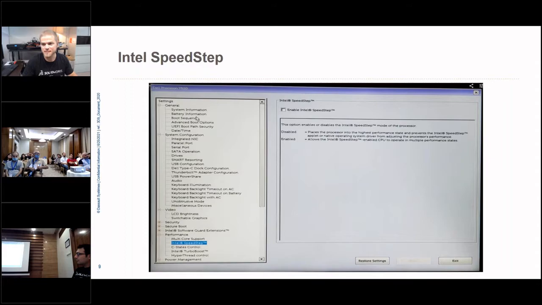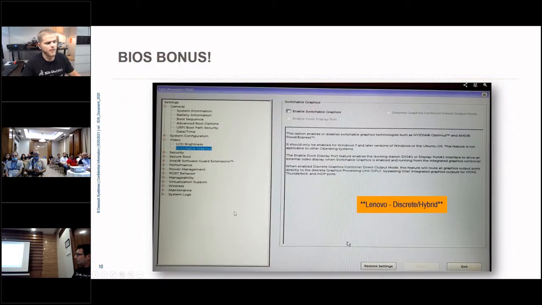If you're a SolidWorks user, you probably need all the power you can get. You want to have the machine running at high speed all the time, and you may not be worried about battery life or battery length. So turn this off. Intel Speed Step is something you can test with and turn it off. Some of these things are just troubleshooting methods. They're just troubleshooting ideas. They might not be a full-on solution to a problem you're having, but this is something easy enough to test, is turn this off.